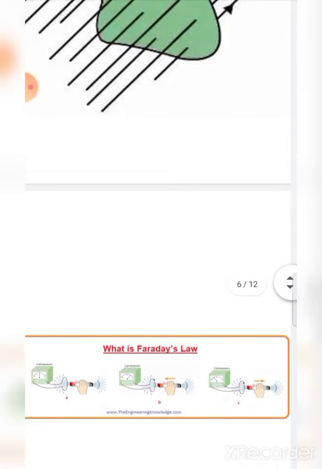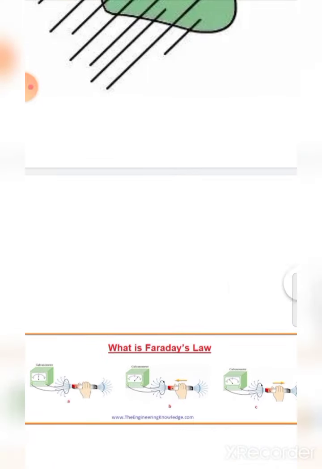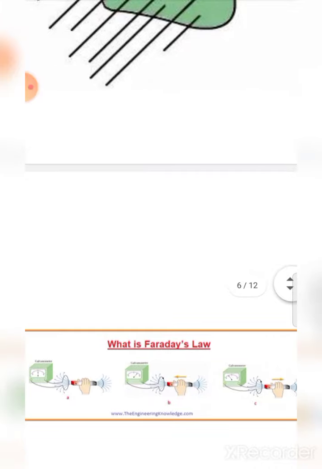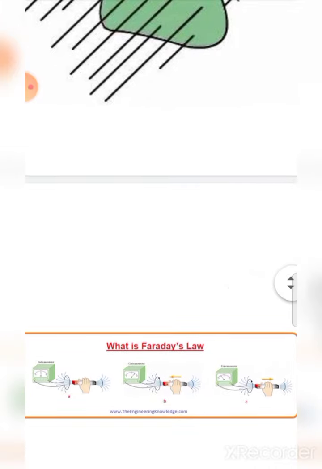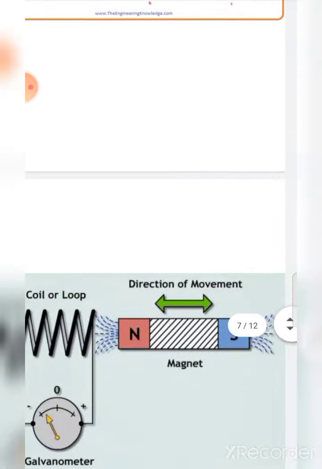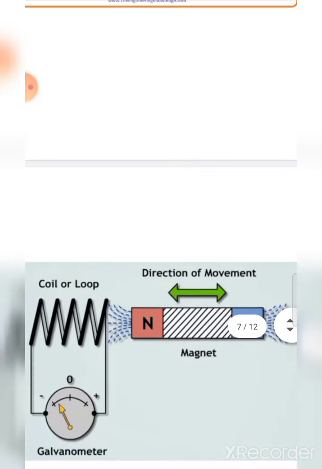The next thing we are going to see is Faraday's laws. So, Faraday's experiment, let us see. Consider simply a coil. This coil is connected to a galvanometer. There is no battery in the circuit. If a coil is connected to a galvanometer without any battery, and a magnet is moved towards the coil or away from the coil, EMF will be induced inside the coil. Due to the induced EMF, the galvanometer shows deflection in the right direction or left direction.